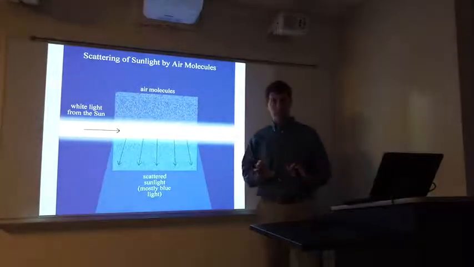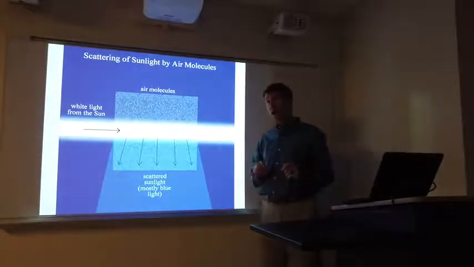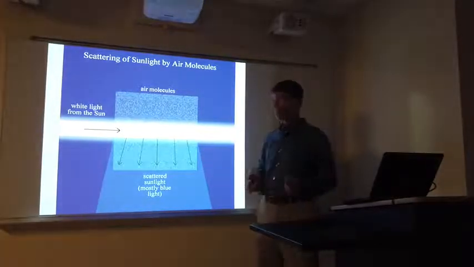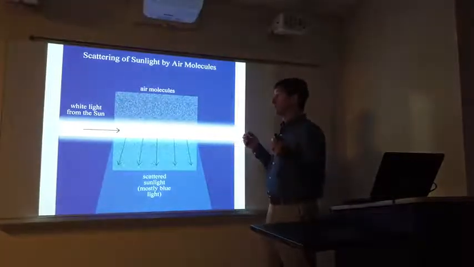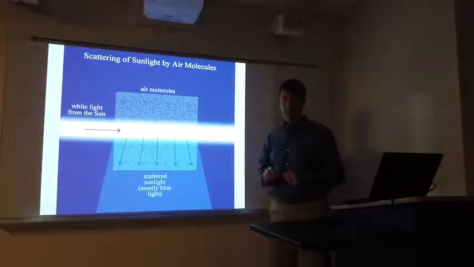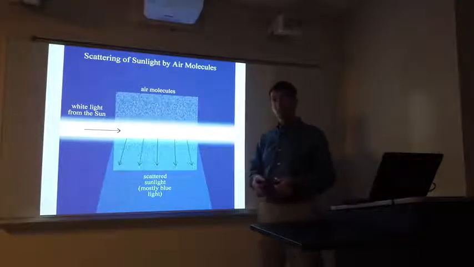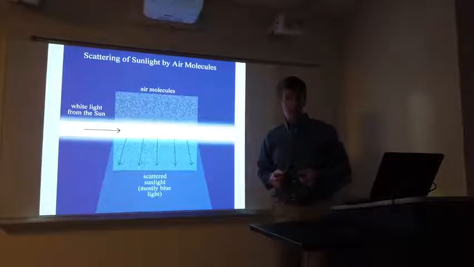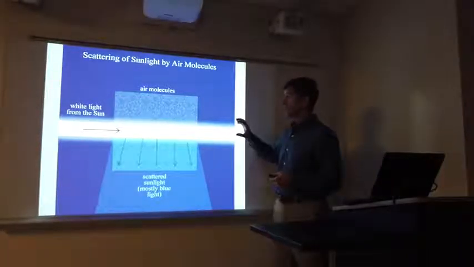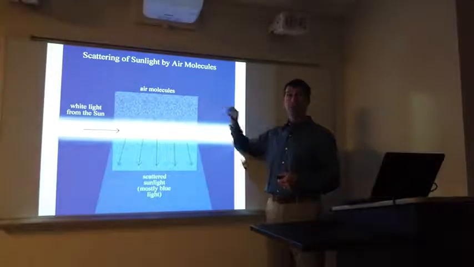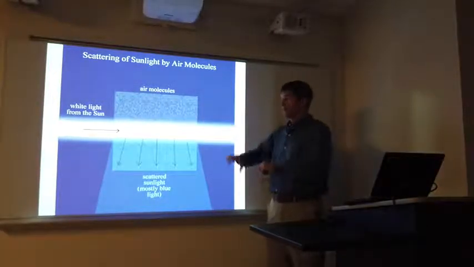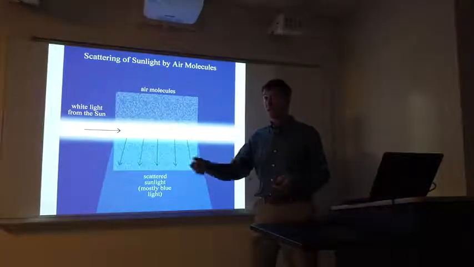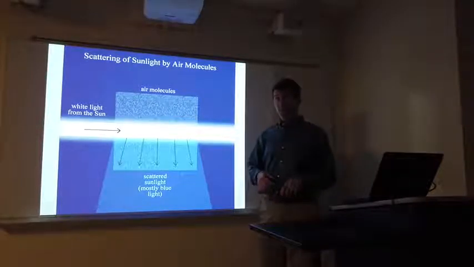We'll talk a little bit more about electromagnetic waves later on. So, when sunlight hits them, and white light being all parts of the spectrum, red, orange, yellow, green, blue, violet, it is the shorter wavelengths, the blues and the violets, which cause the greatest interaction with the molecules, so the molecules are going to scatter that light the most. So when we pass white light through a collection of air molecules, they will scatter a lot of violet light, a lot of blue light, less green, even less than that yellow, and then finally it scatters red light the